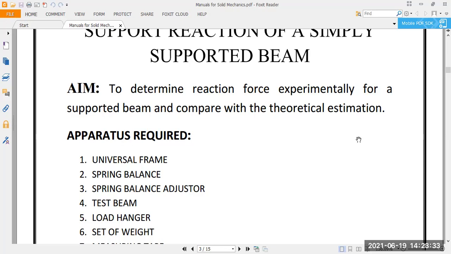Now, these are the different types of supports. Next, what are the different types of beam? What are the different types of load? The load can be a pointed load, a single load acting on a specific point over the length of the beam, or a number of loads, but all are single loads acting on different points of the beam. This is called point load.